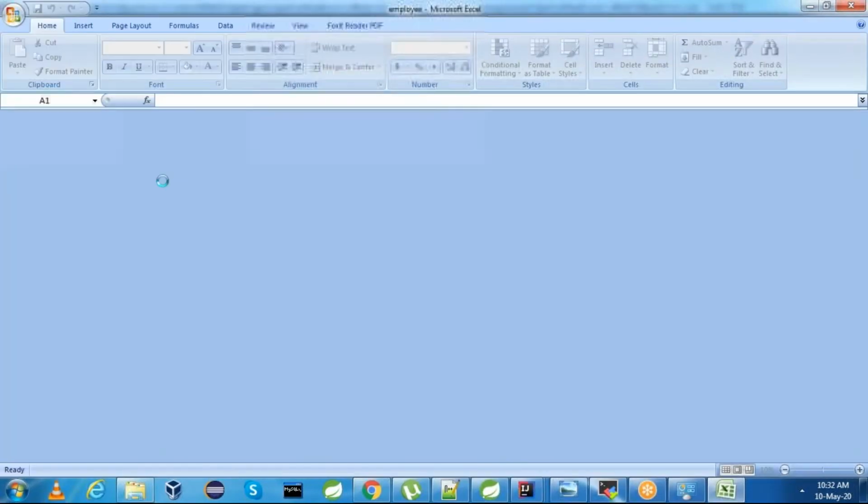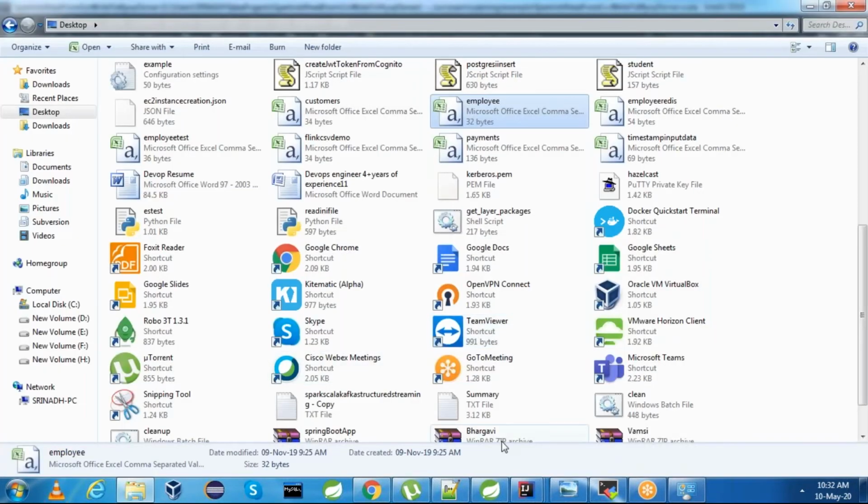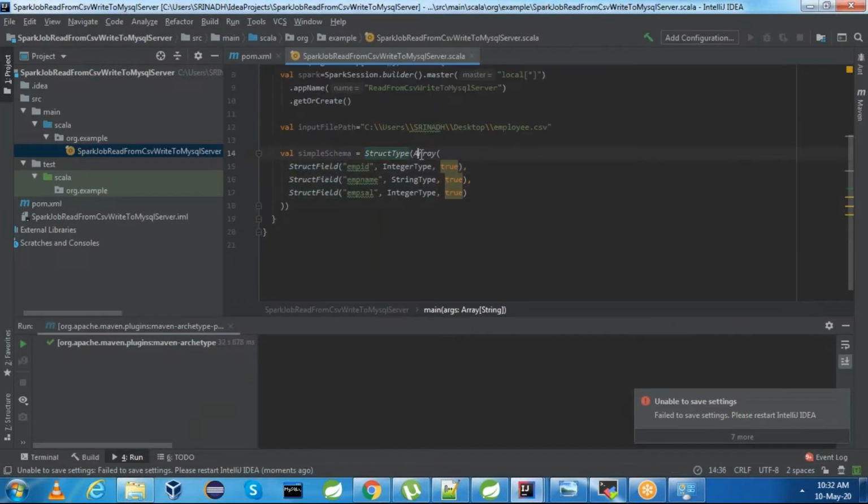If you see this employee CSV, we have employee ID, employee name, employee salary. Employee ID is of integer, employee name is of string, employee salary again is of integer. So I created StructType of array of StructField: employee ID as integer, employee name as string type, employee salary as this.